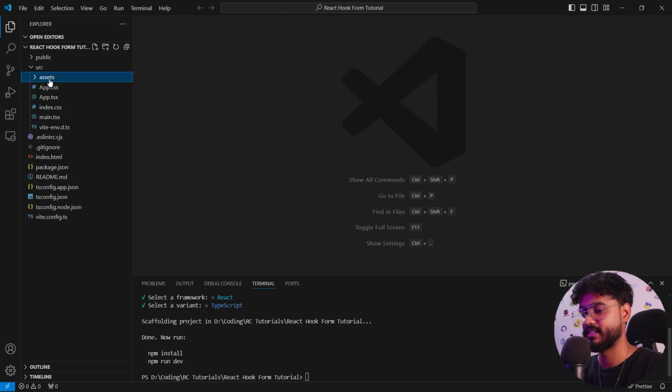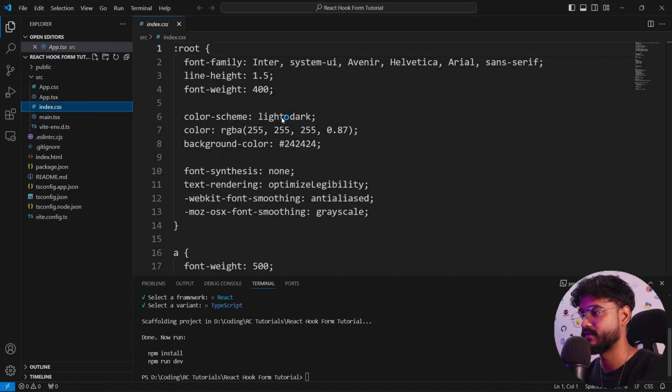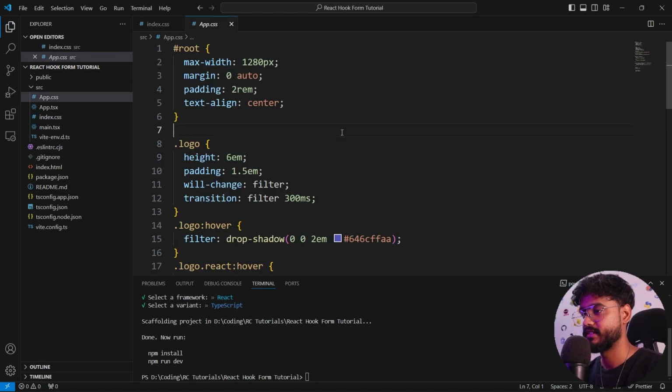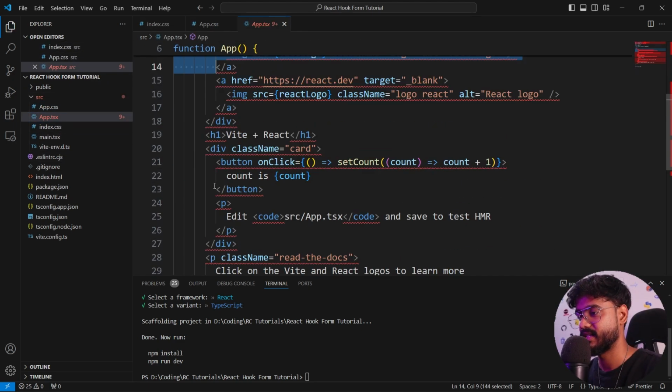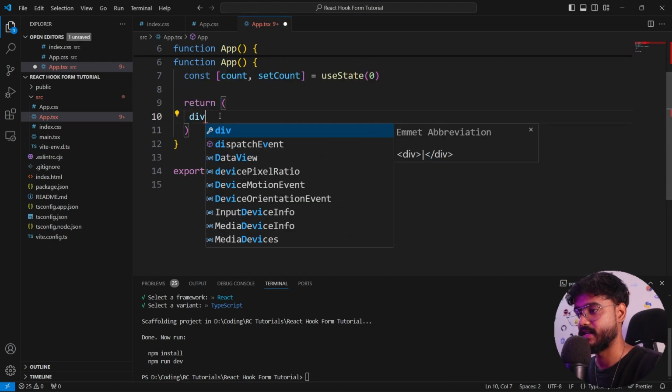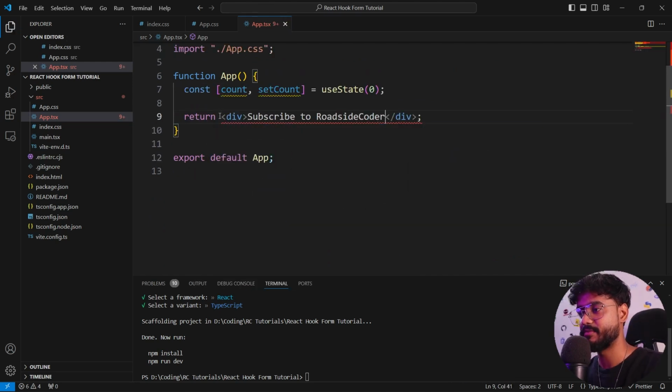Let's go on and delete the things that we don't need, like this assets folder, everything inside of index.css, everything inside of app.css, and inside of app.tsx. I'm gonna remove all of these things and have a div, which is going to say, subscribe to Roadside Coder,